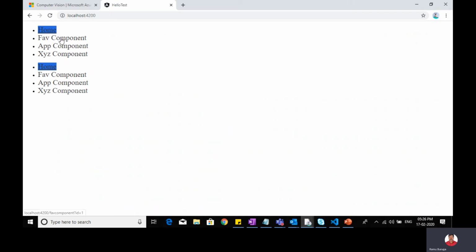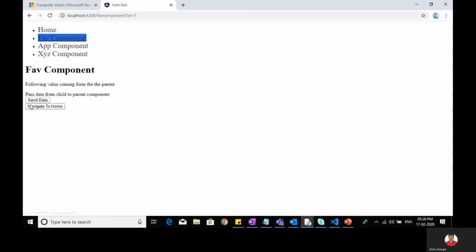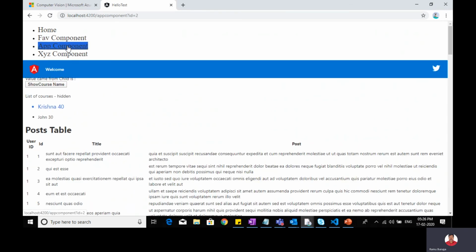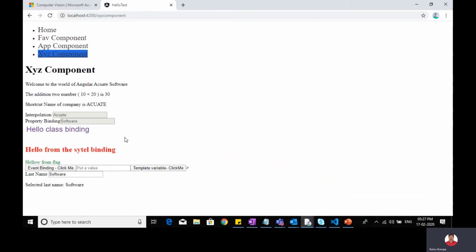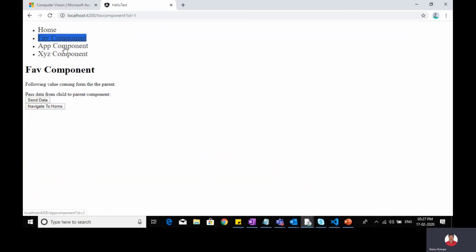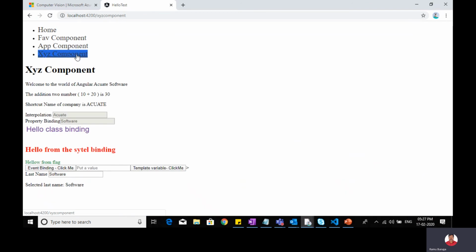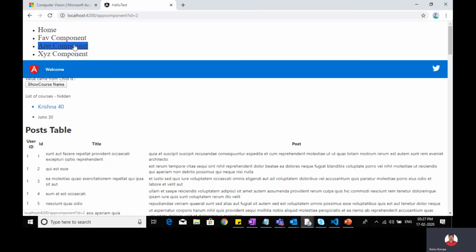So when I click on the fav component, it is loaded. When I click on the other one, the component is loaded. When I click on the XYZ component, it is loaded, and also you observe that the selection is also getting changed, right? That means active.